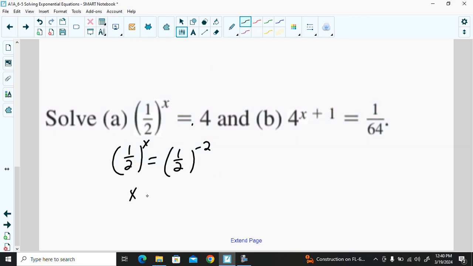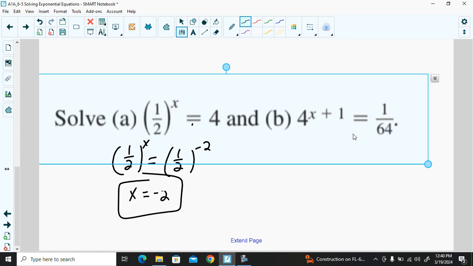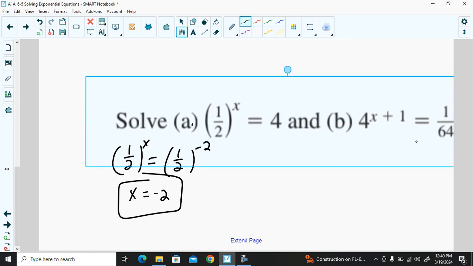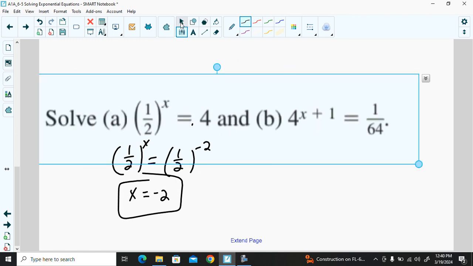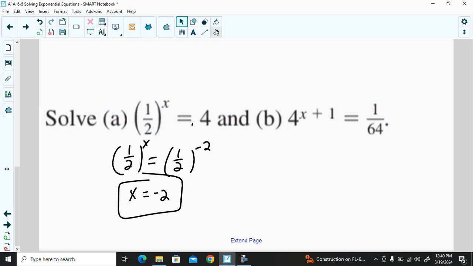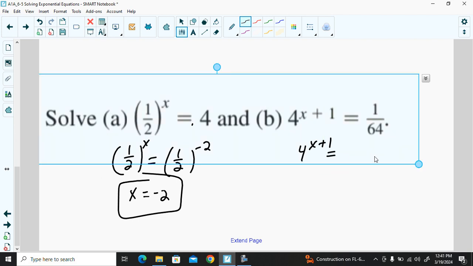So now we get x is going to be equal to negative 2. All right, this next one here, same idea. Can I write 64 with a base of 4? 4 times 4 is 16, times 4 is 64, so yes we can. All right, so this is going to be 4 to the x plus 1 is equal to, now how do